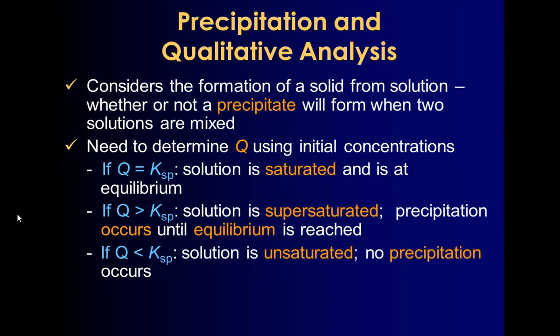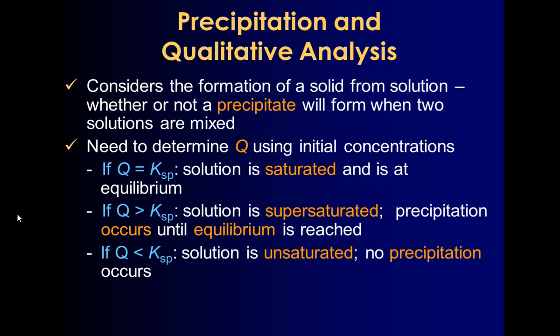All right, so this final video on equilibrium applications is going to involve determining whether precipitation is going to take place. And we're going to kind of take it back to what we did when we first got into equilibrium and compare Q to K to determine whether a precipitate forms or not. If we are